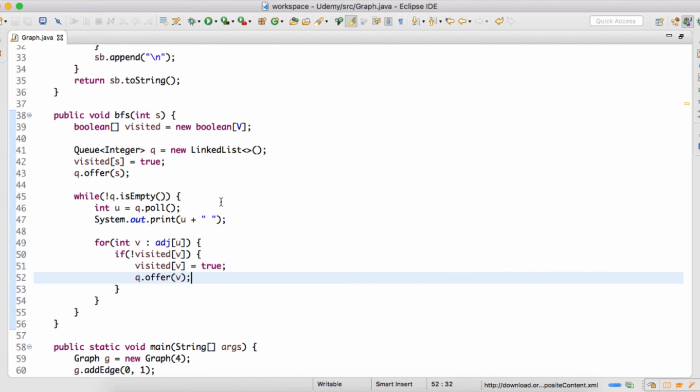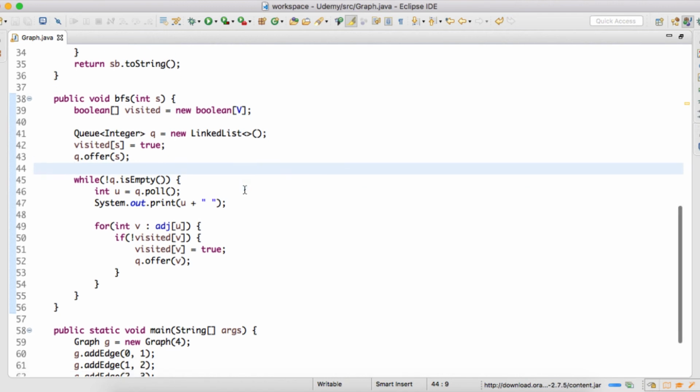In our previous tutorial we also discussed that this boolean array is kept to keep track of the visited nodes. We are using this queue, which helps us traverse the graph level by level. We visit a particular node at a level, and after visiting it we go to its next level. This is the algorithm for breadth-first search.